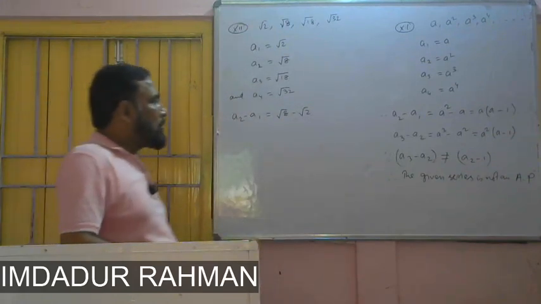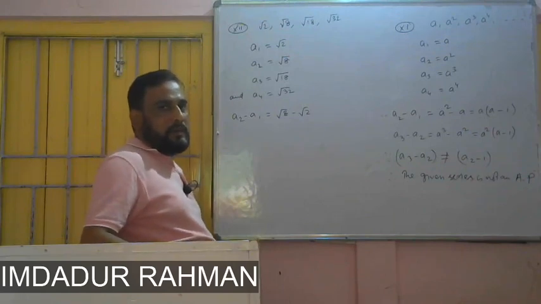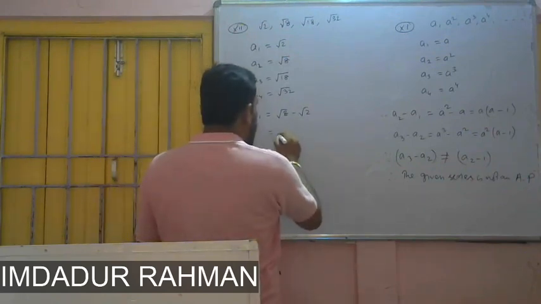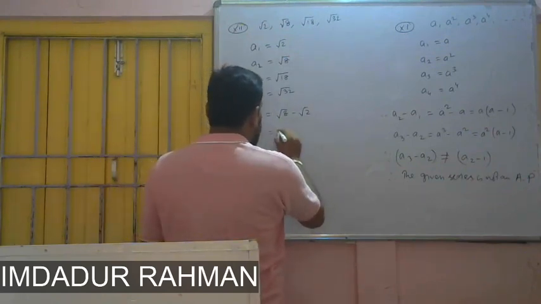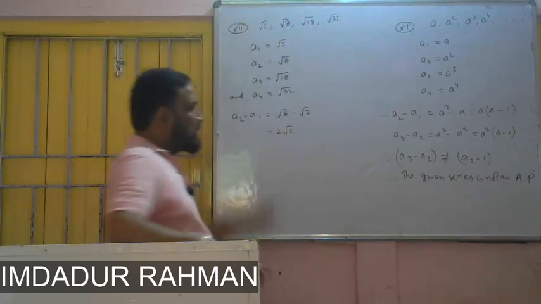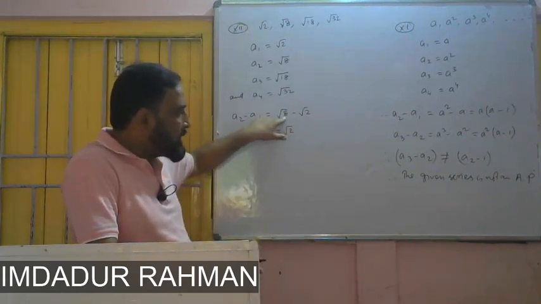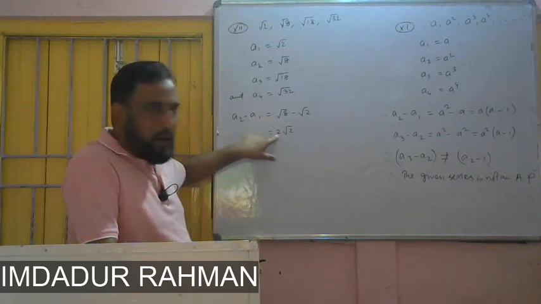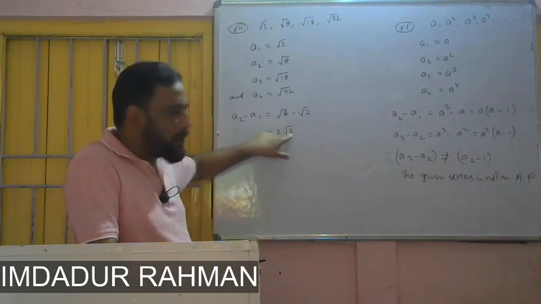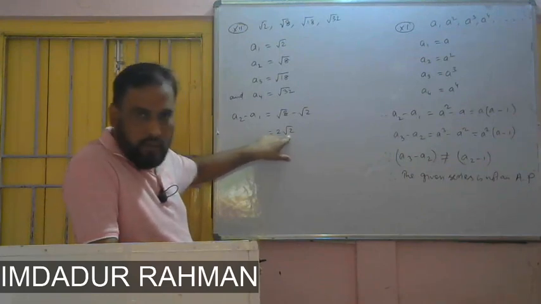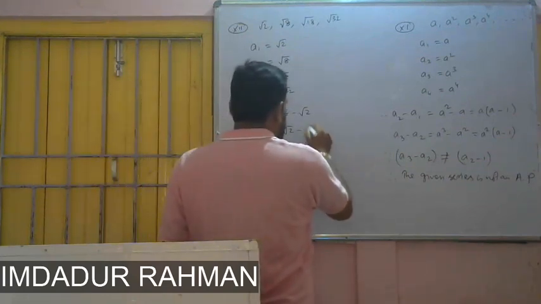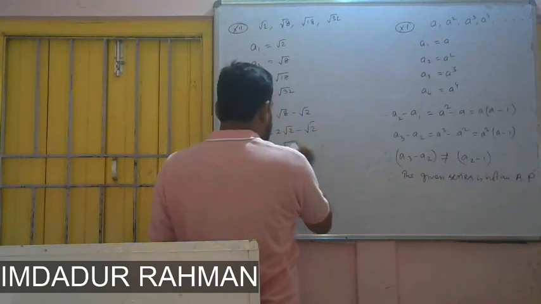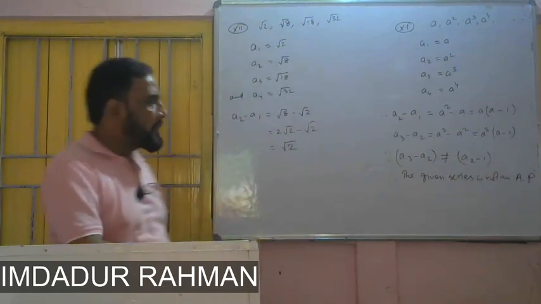Okay, so root over 8 minus root over 2, can you simplify it? It can be written as 2 root over 2, that is 4 into 2, since 8 is equal to 4 into 2. From 4, a 2 comes out of the root and then a 2 remains. So 2 root 2 minus root 2 will become root 2. Okay. Next,